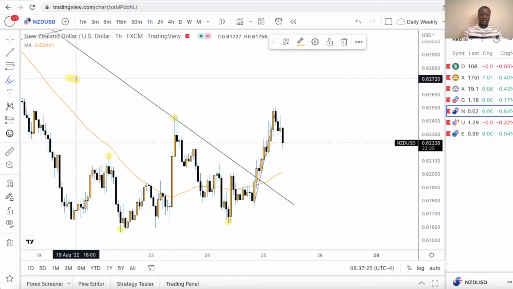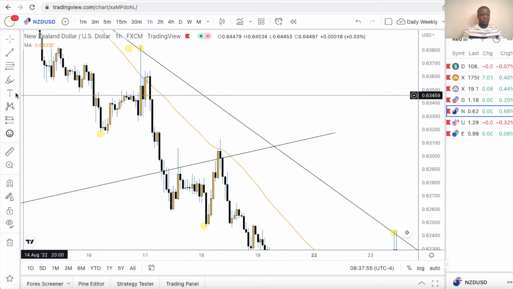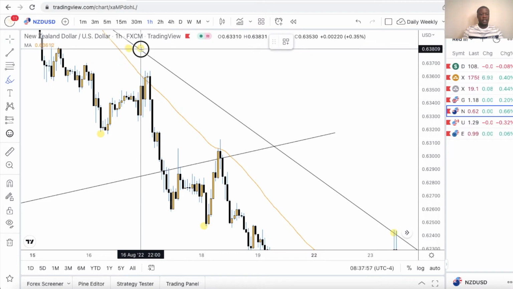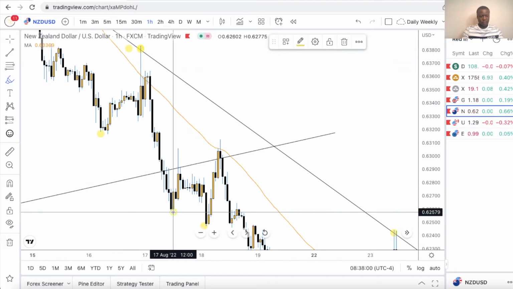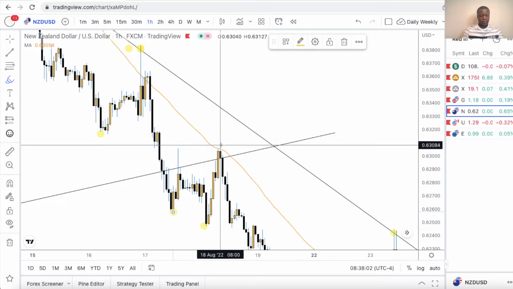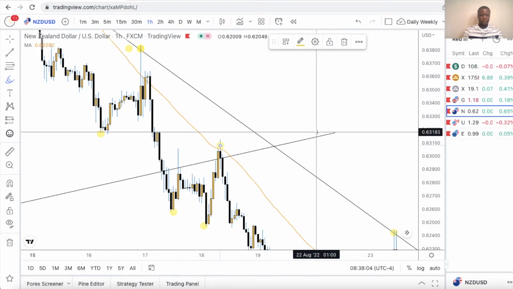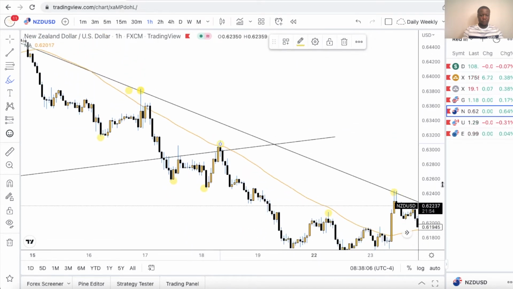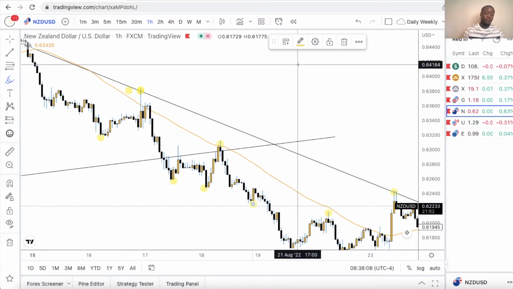And in the opposite direction, it'll just be the opposite. When the market is moving downwards, we've got higher low, lower low, higher low,